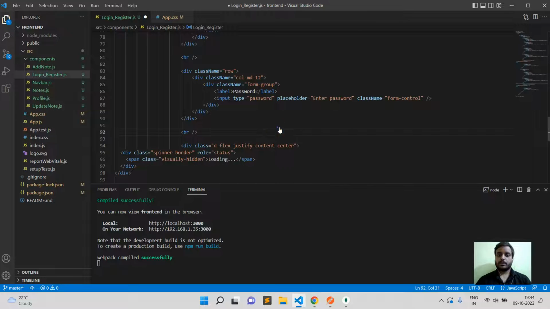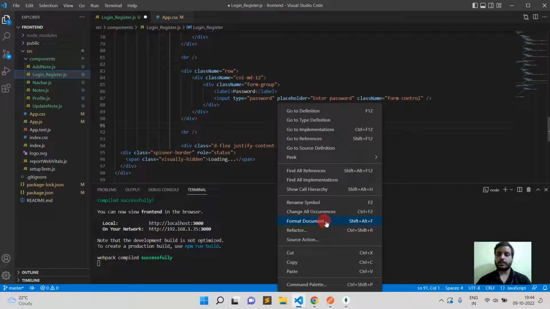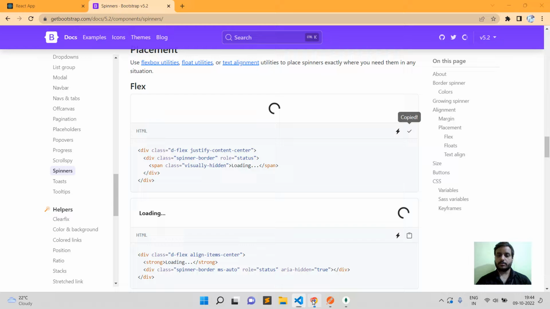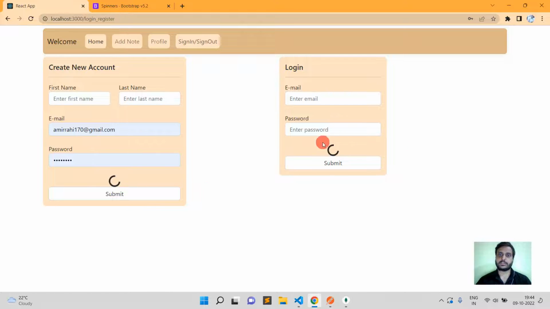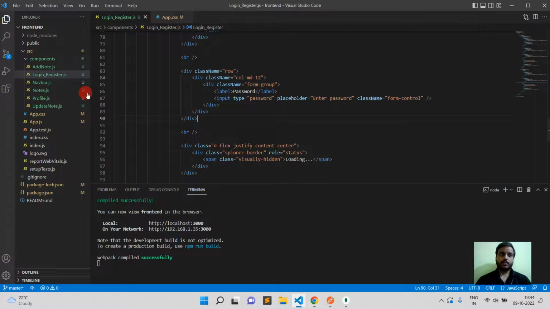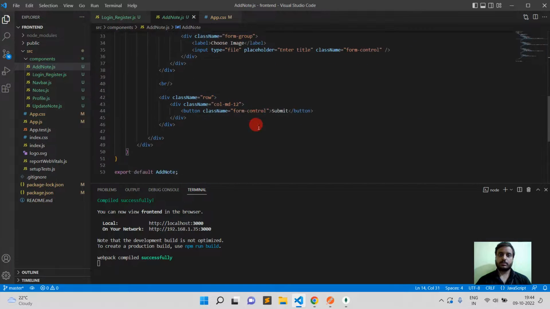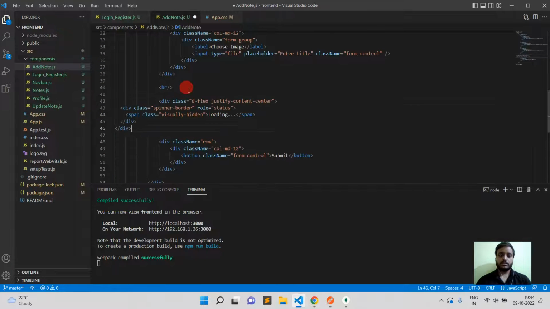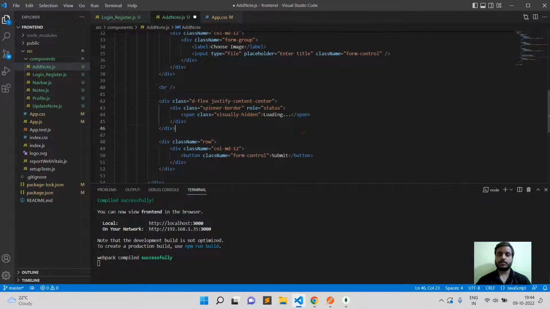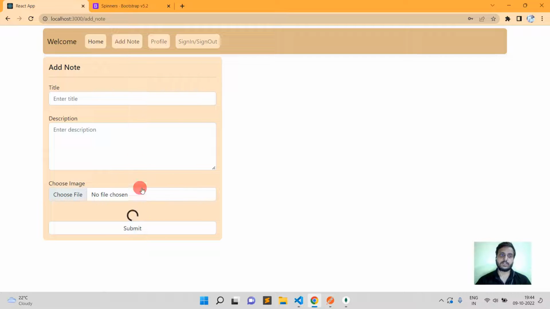and right click and format document. Okay, and Ctrl+S to save, and you can see the spinner is implemented here. Now in the add node I'll also use that spinner. So go inside add node, and before the button I'm going to add it and format the document. Here also the spinner is added,